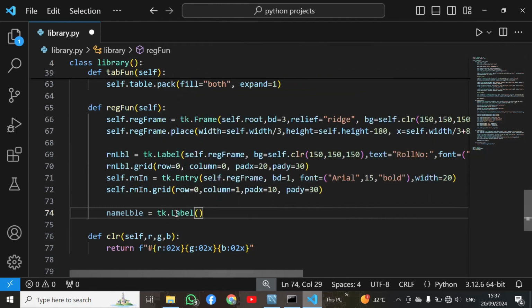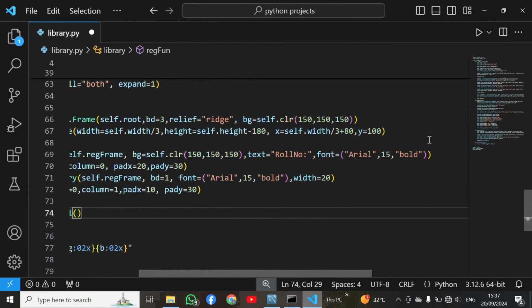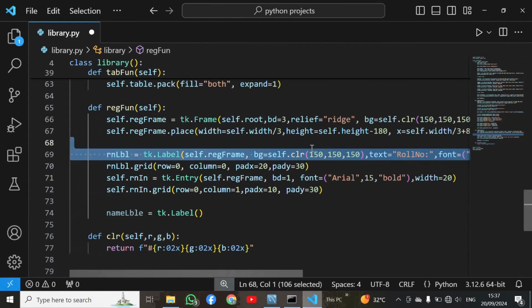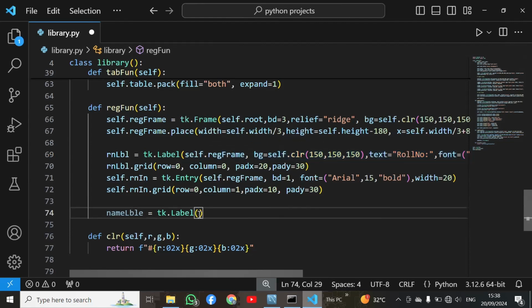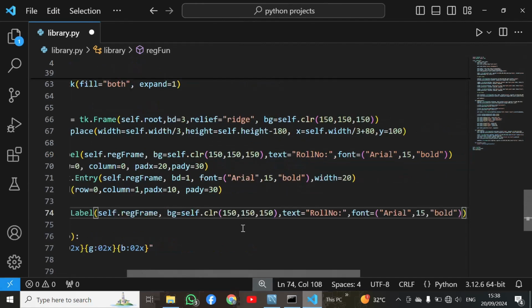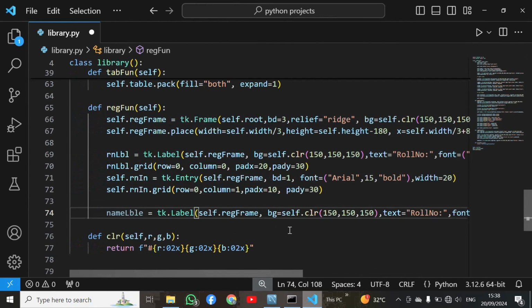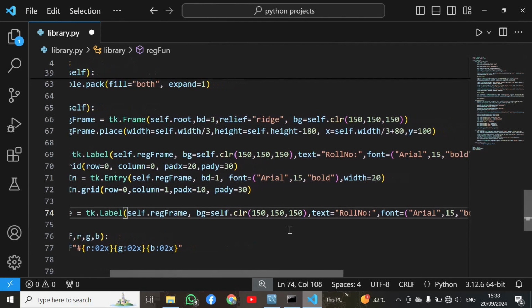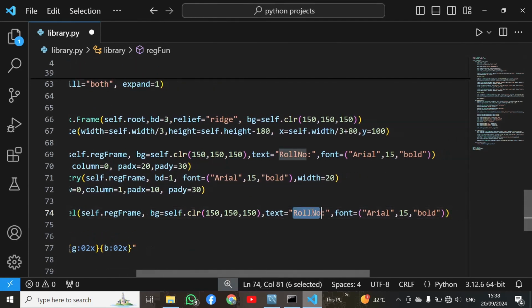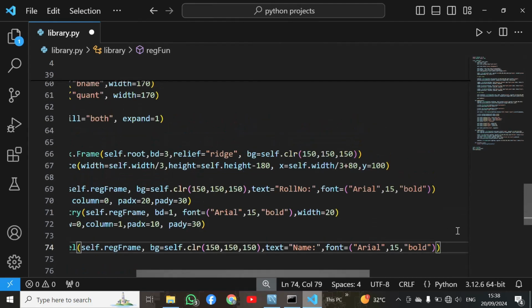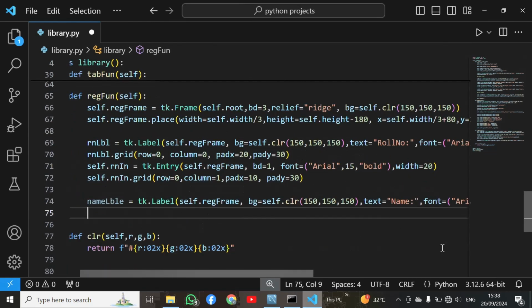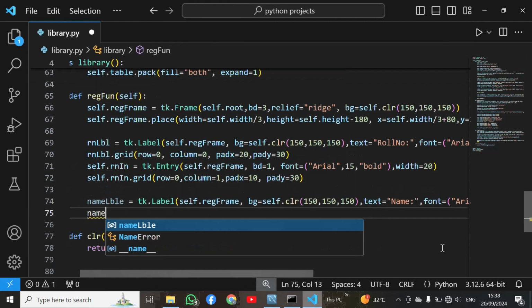Okay, and we will copy all these values. Here these are values. I have to copy all these properties along with their values. I will copy them, and then I will paste them here. Okay, and now I have to change text value. So here we have to get name. Okay, and I will go to next line, and here I will use grid layout name label,